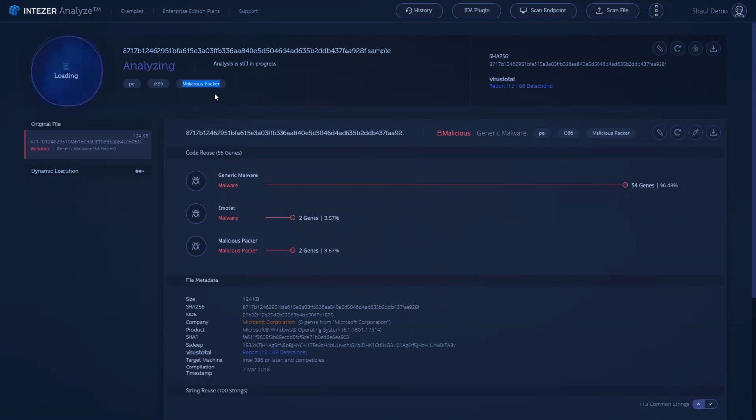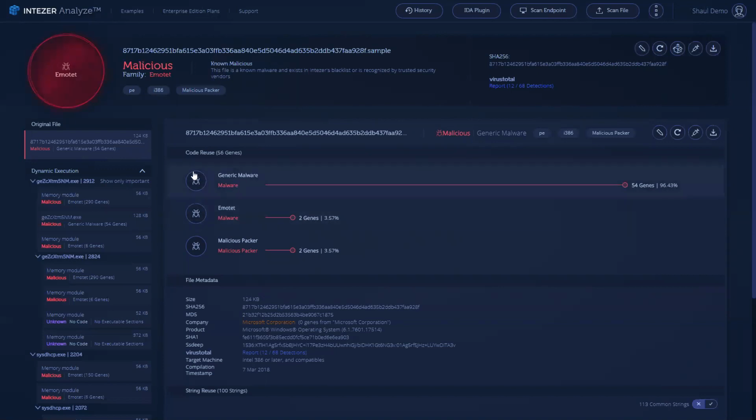This is very important because you see that here on the left, dynamic execution, which is intended for unpacking, is already running. The initial result shows us a majority of generic malware genes, which are not that informative. We don't get a lot of information here, and a small connection to Emotet, which we also see here shown